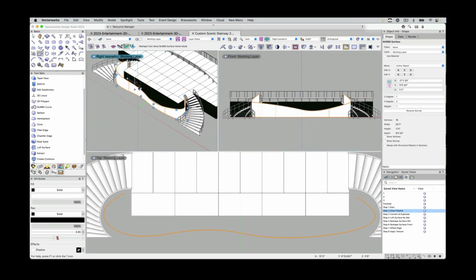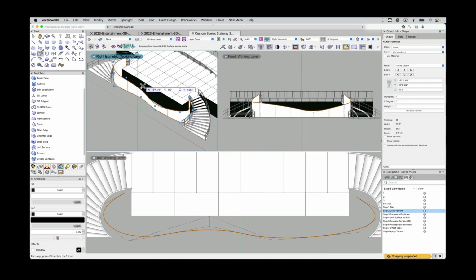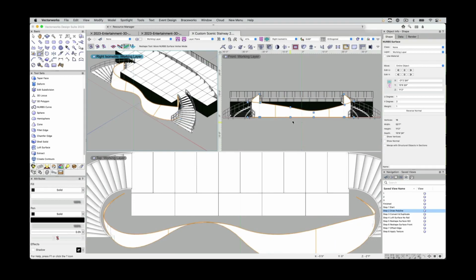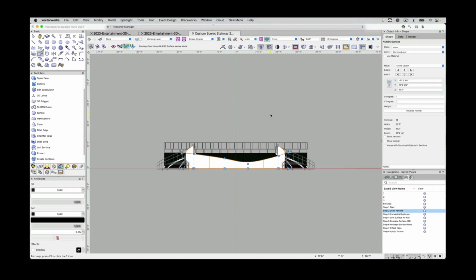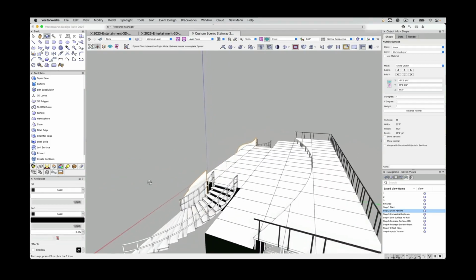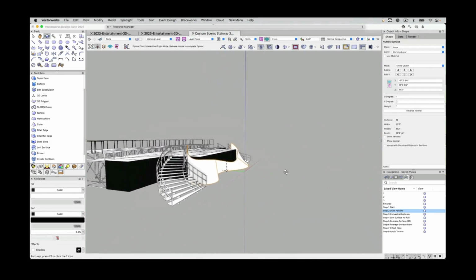Next, we're going to go on the Y coordinate, and we're going to drag out the bottom. Again, seeing the results on the other views. And going back to flyover. Now that we have our NURBS surface,